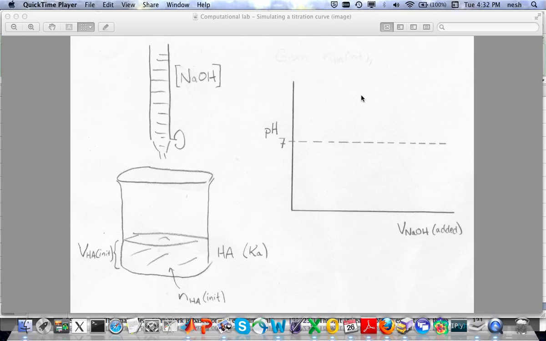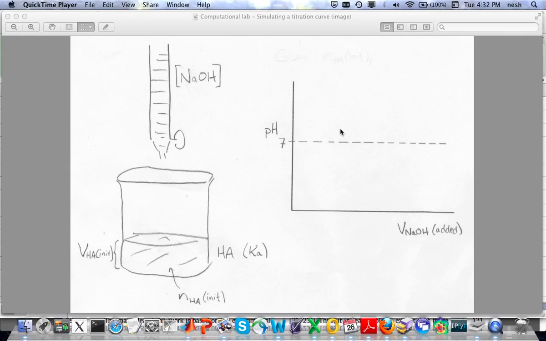Hello, this is Professor Stephen Neshaba, and I'm here to help you out with some of these computational exercises that have to do with simulating a titration curve. So here's kind of the general picture that we got. We have a titrant, sodium hydroxide, dropping into an analyte, some acid, weak acid HA, and the idea is that